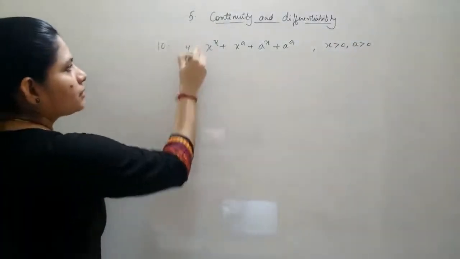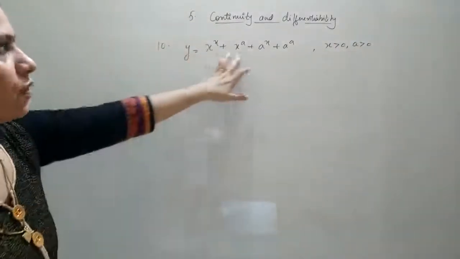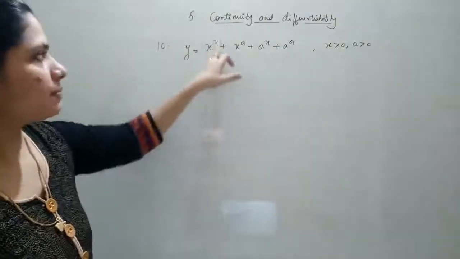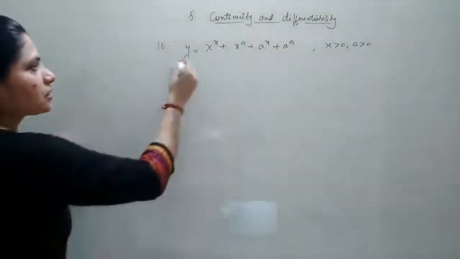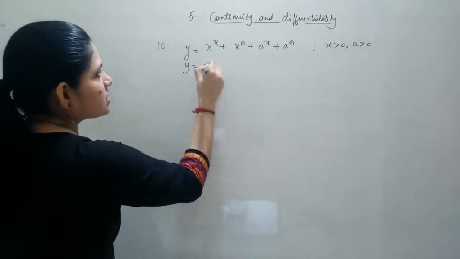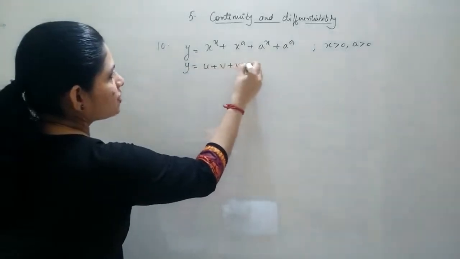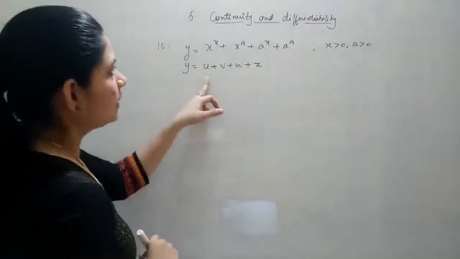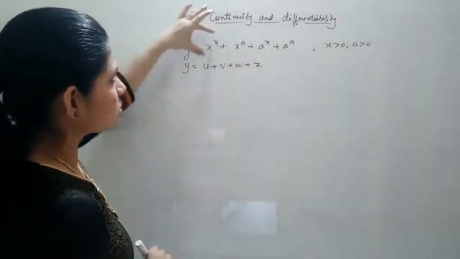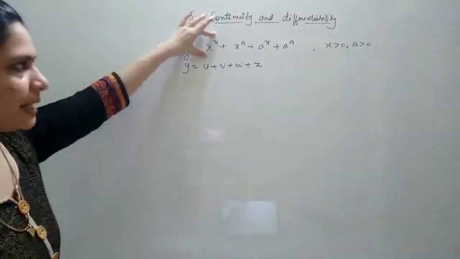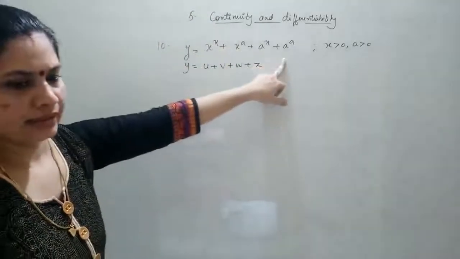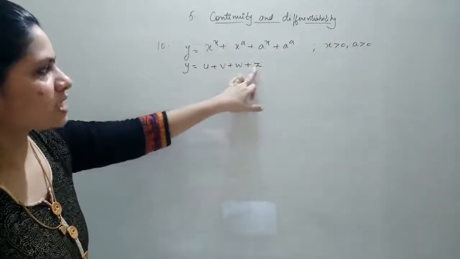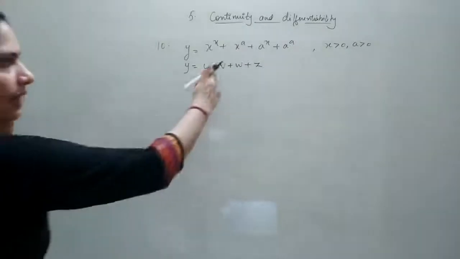Now when we start the question with y equal to, we actually have 4 terms and each has a power. So we will just do this: let y is equal to u plus v plus w plus z, suppose. Now all these are not necessary. This is the only thing which we need to do separately, the remaining we can get directly. So only for substitution we are using this. We will get the value directly.